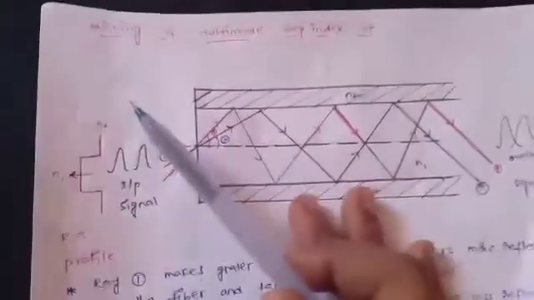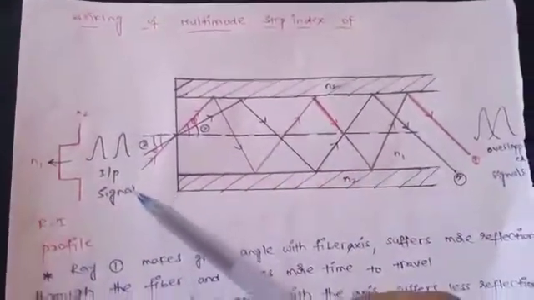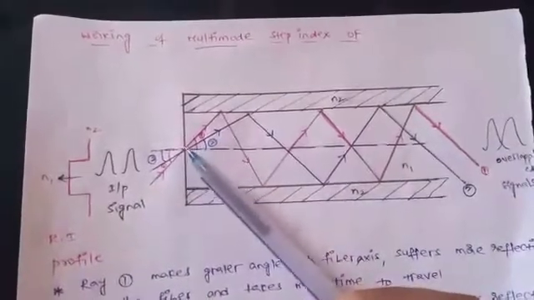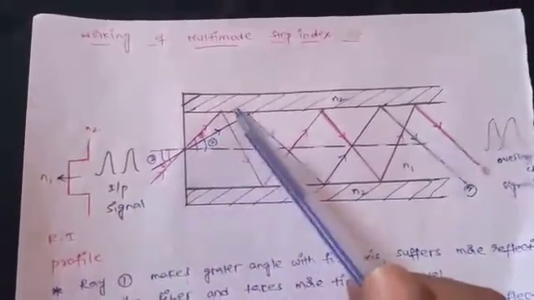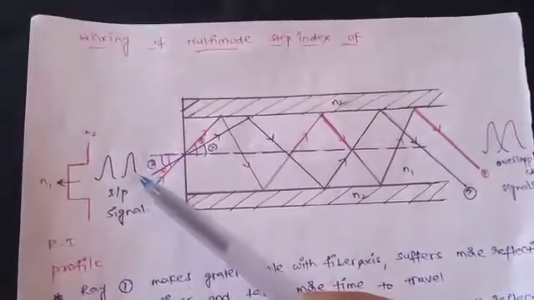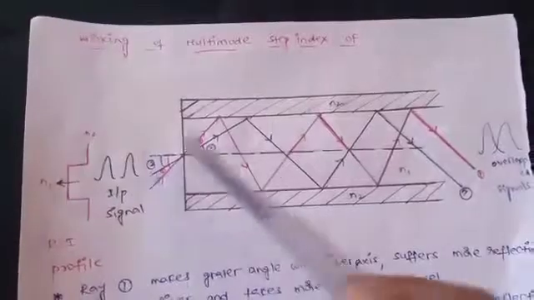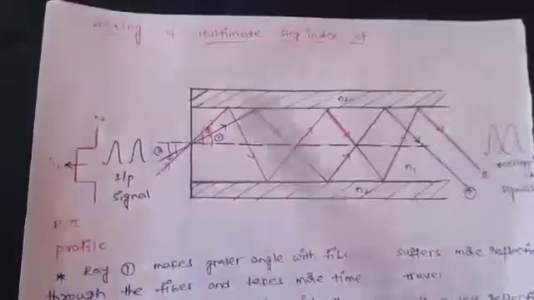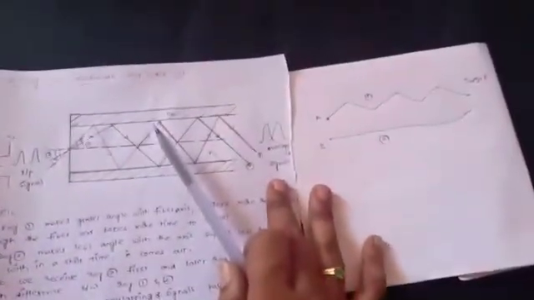Compared to single mode, we can send information more than one pulse at a time. Here we are sending two pulses at a time, like A and B. So in this figure, as A and B are two persons, here also two pulses just like A and B. Clear? Compare these two. Okay?